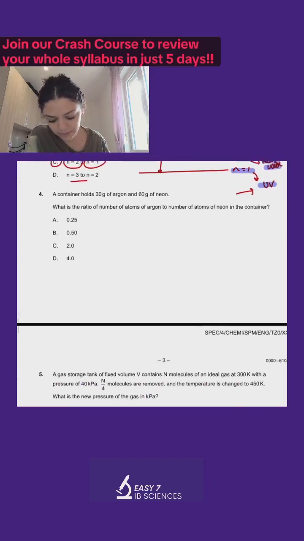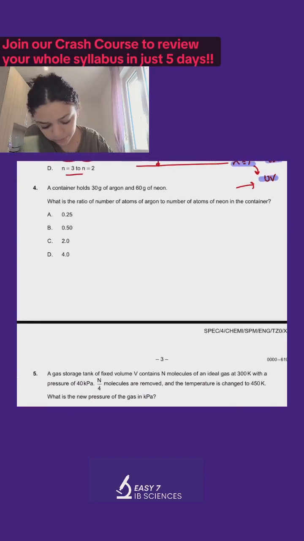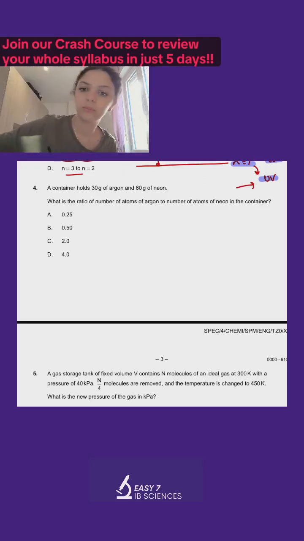Perfect. Okay. Next, it says a container holds 30 grams of argon and 60 grams of neon. What is the ratio of the number of atoms of argon to number of atoms of neon in the container? And for this, we